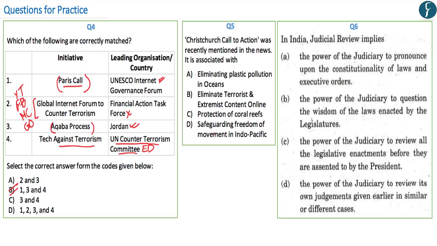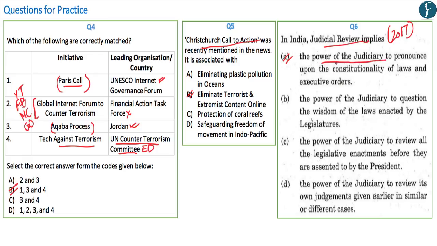Now with regards to question number 5, as we have already understood, the Christchurch Call to Action is related to eliminating terrorist and extremist content online. Now question number 6 was asked in the prelims examination of 2017. And the correct answer to question number 6 is A, that judicial review implies the power of the judiciary to